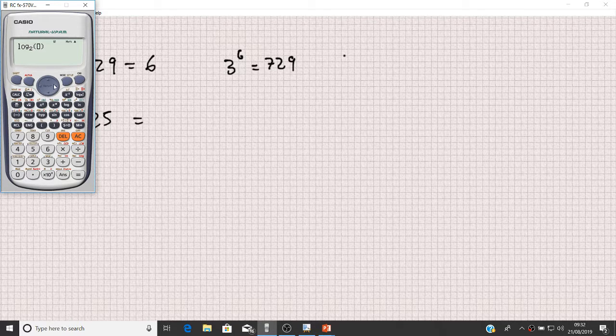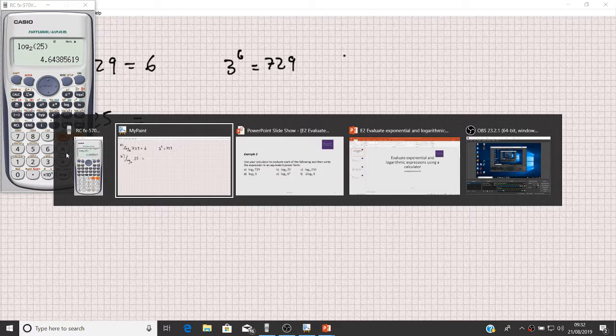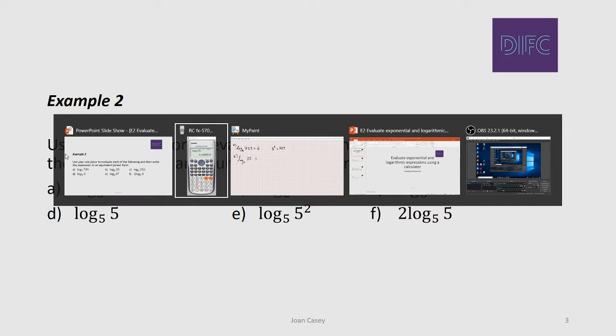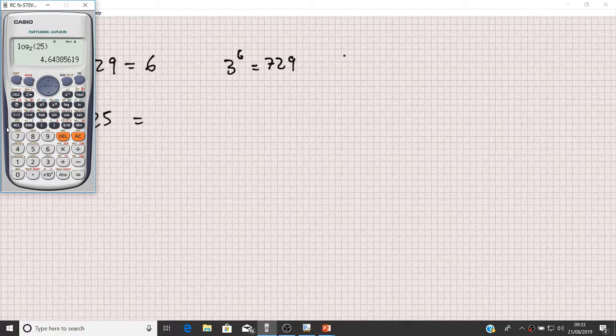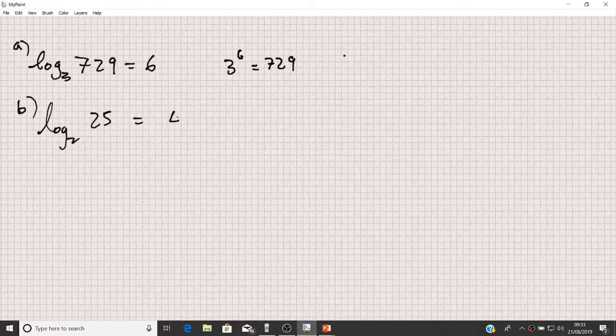Log base 2 of 25 is, now what did we do here? No, I think I should have probably, I'm going to go back and change that. It should have been log base 5 of 25. Let me just double check the example. Yes, I did write log base 2 of 25. It should probably have been log base 5 of 25. But we've done it, so let's take a look. We've done it there, so we get 4 point,